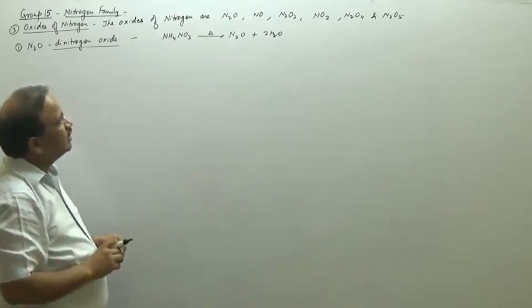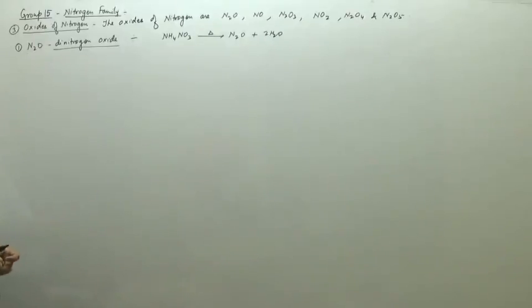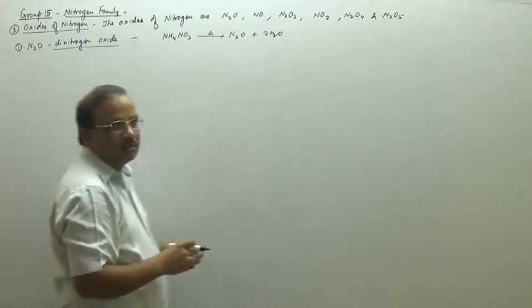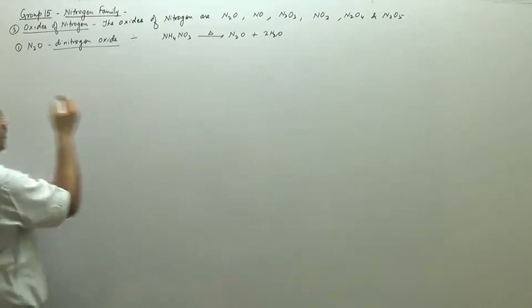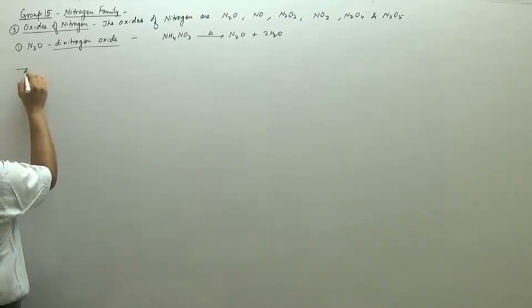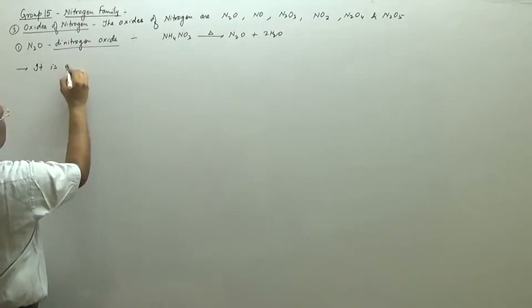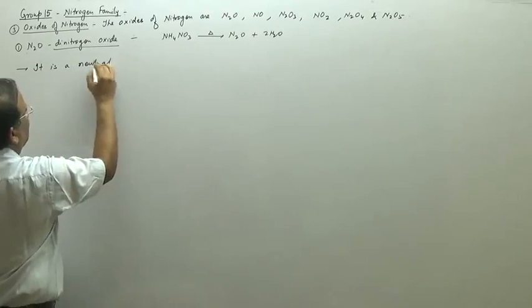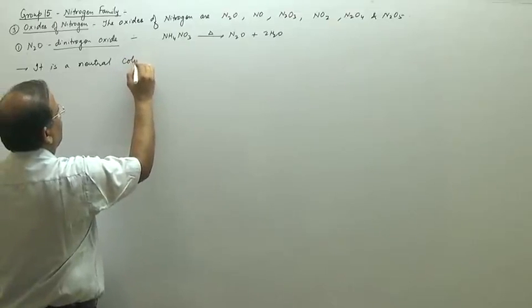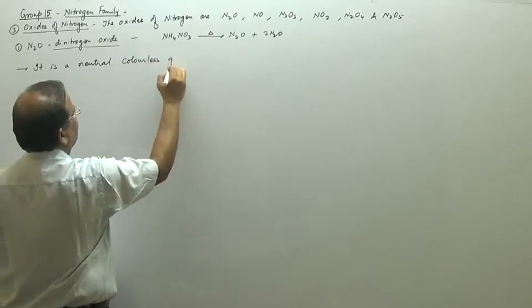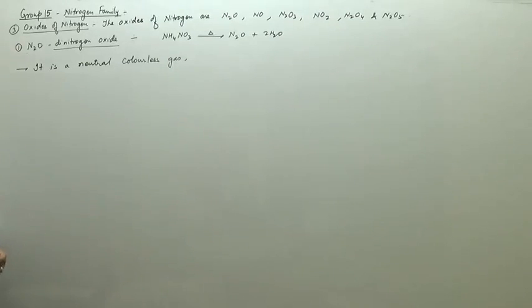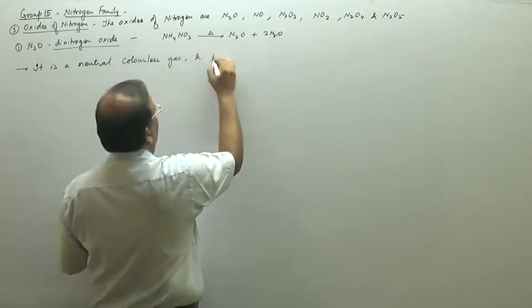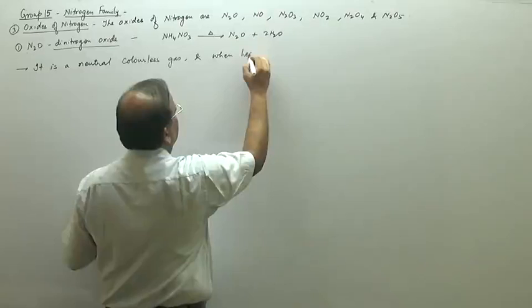Dinitrogen oxide is a neutral gas. So this is the preparation. What we have is that it is a neutral colorless gas, we used to say that, right? It is a neutral colorless gas, and when it is heated with